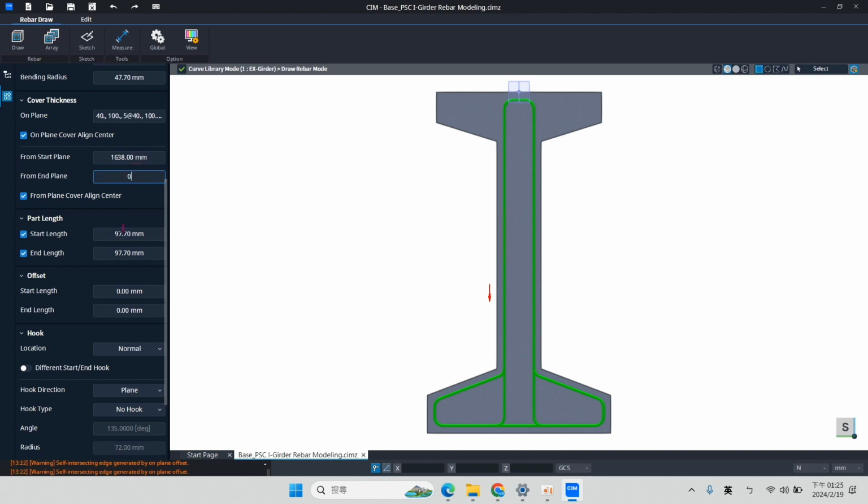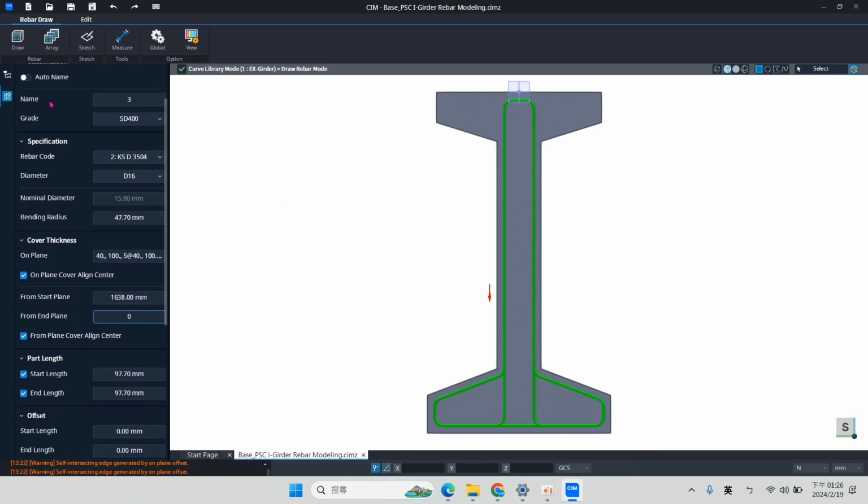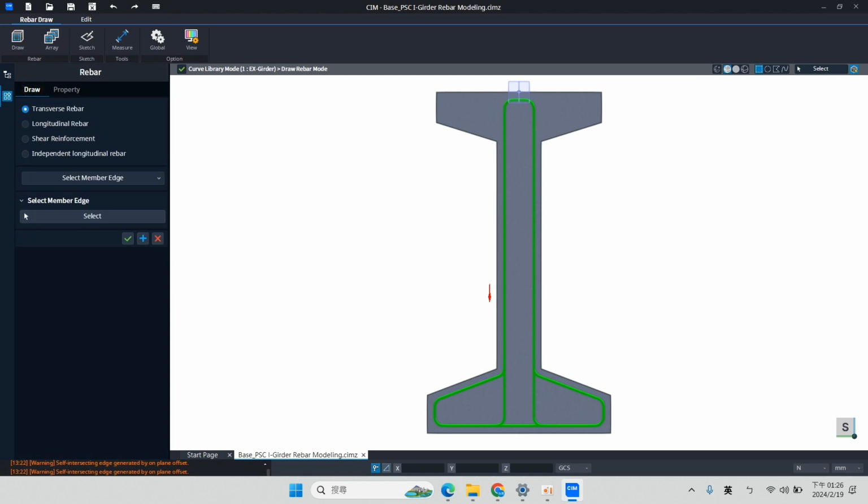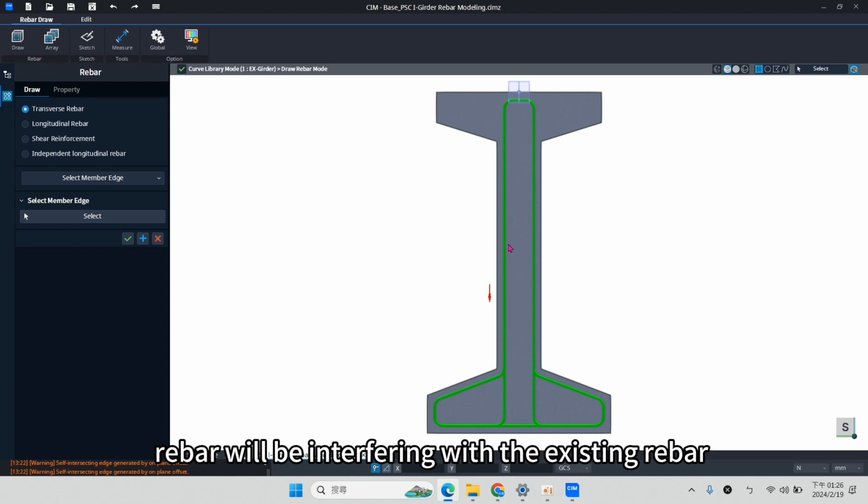Okay. And in terms of the part length will be similar. Okay. Because the abdominal rebar will be interfering with the rebar that we have.